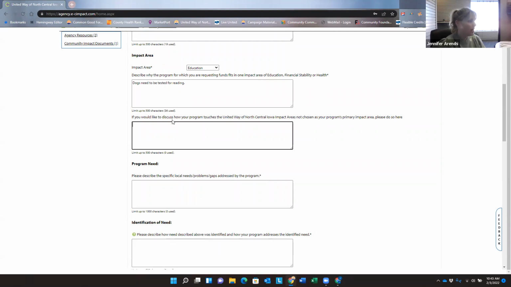You'll want to fill in how, if there's a lot of crossover between education, financial stability, or health. So if you feel like your program also fits into another impact area, you'll want to say smart dogs are healthier. Obviously, you'd probably go into more detail, and we don't usually fund programs for dogs, but